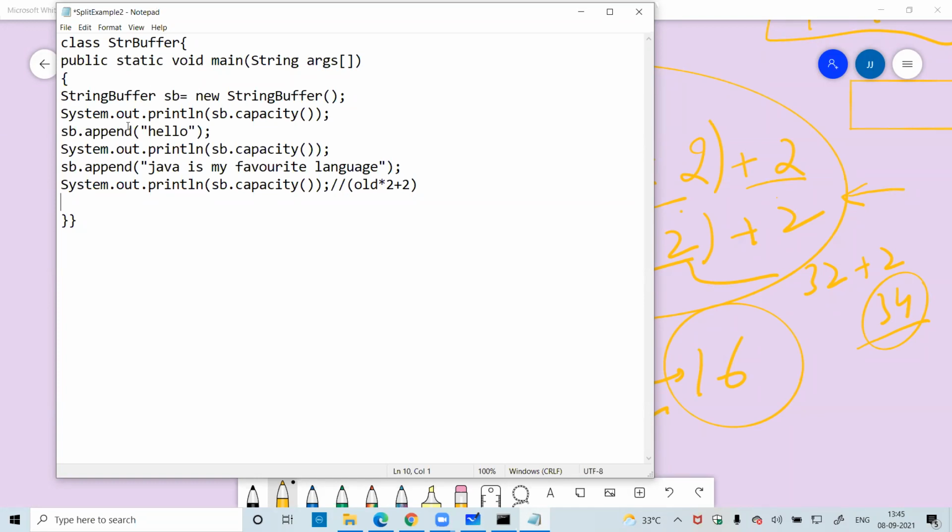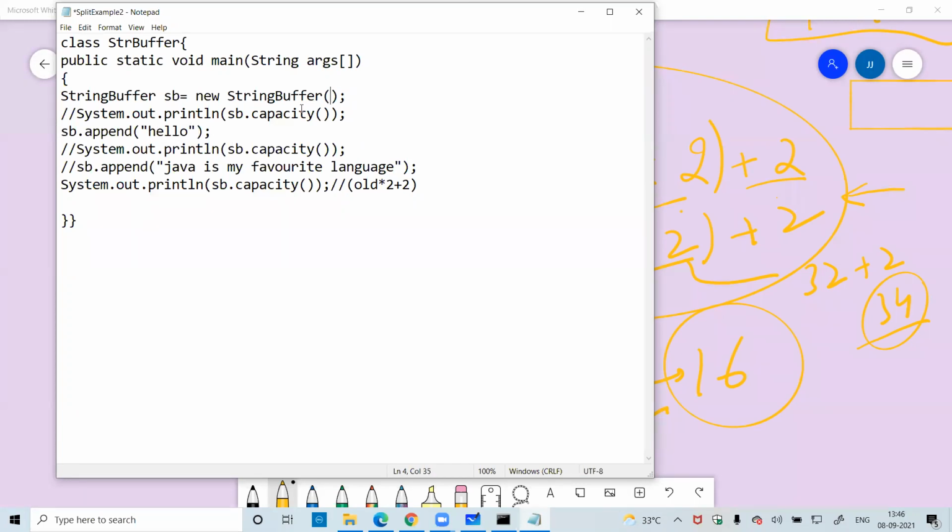Everyone is aware of append now. As all of you know, append means we want to append the value at the end. Append hello.